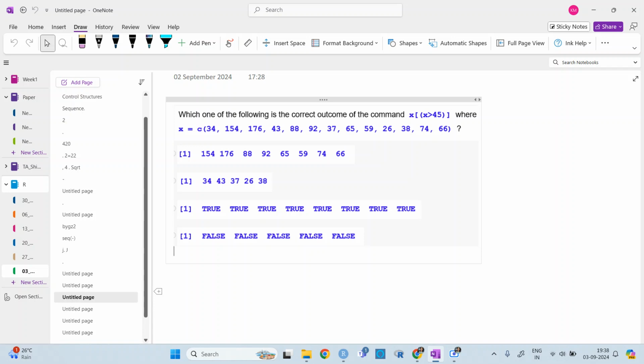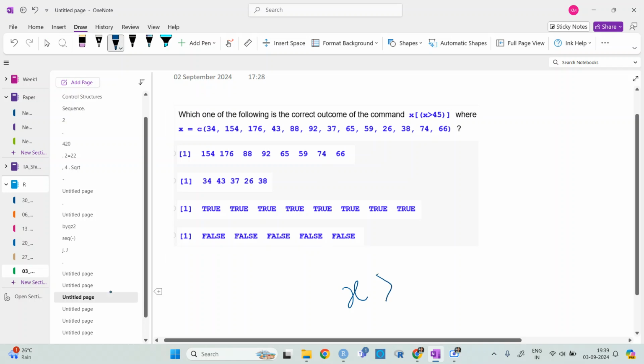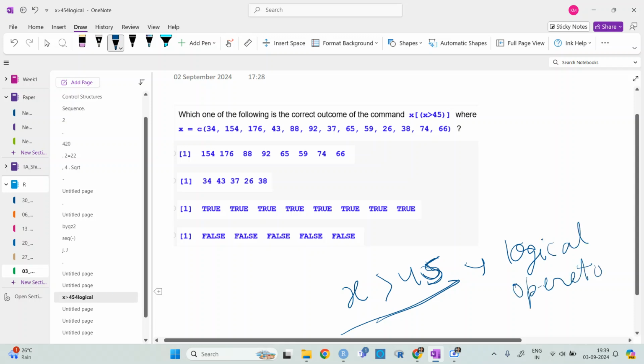What I am thinking is this should be x greater than 5, and we are trying to find the numbers which are greater than 45. So the numbers are 154, 176, 88, 92, 65, 59, 74, 66. When you do x greater than 5, this is a logical operator, and the logical operator will give you true and false.